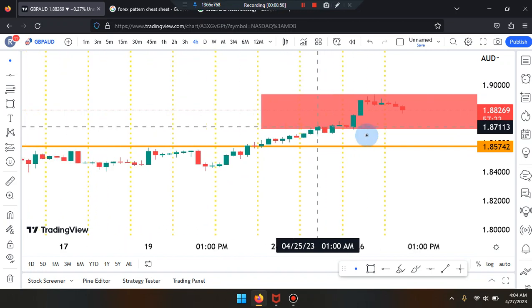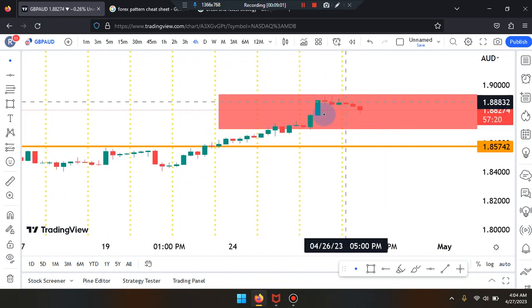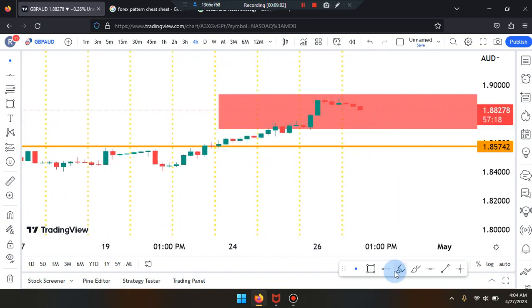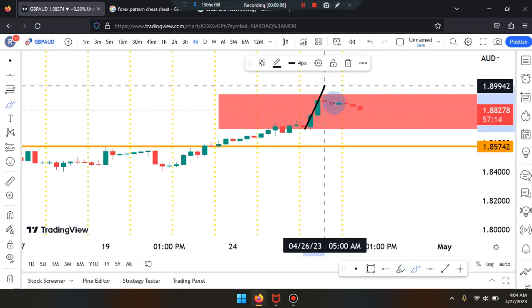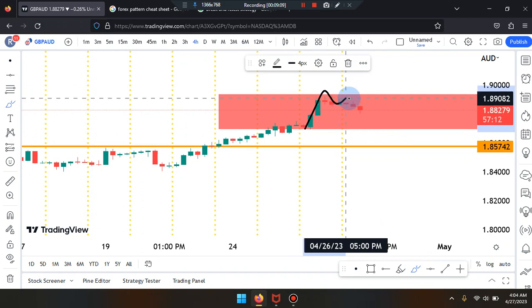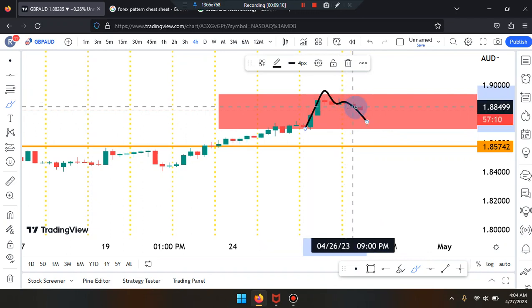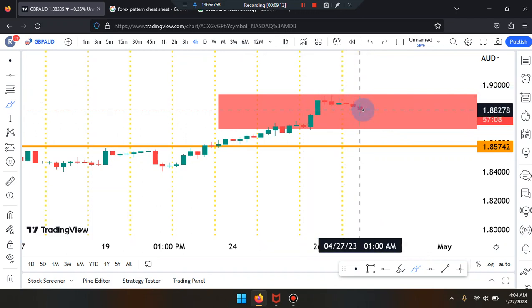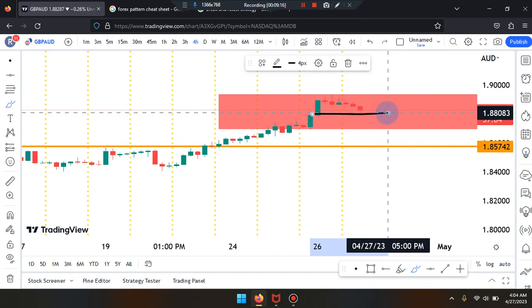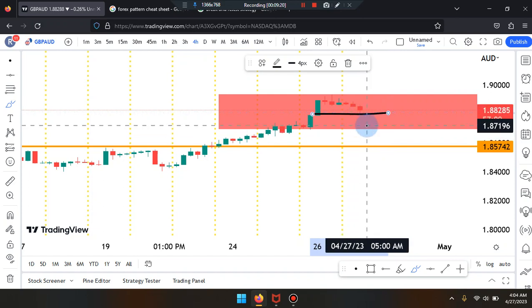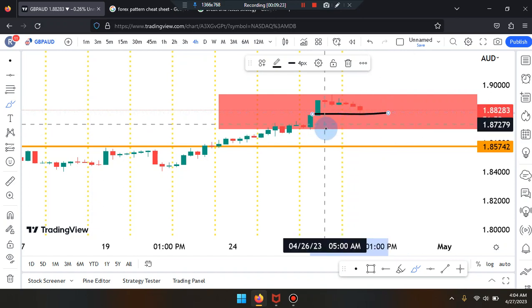So on the 4-hour time frame, previous day, market spiked a high, came back to retest, pushed up a little bit, and now we have a breakthrough of that pattern. So it created an M pattern. We don't know how far that market is going to drop. So far we're going to take it as it's going to retest the midpoint, unless it breaks through it, then it'll head down to the bottom of that zone. And if so, it'll head back down to previous numbers of